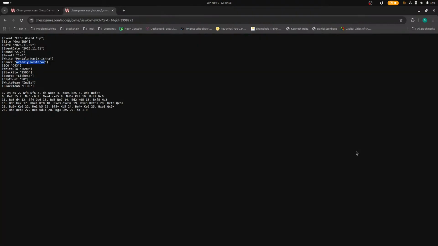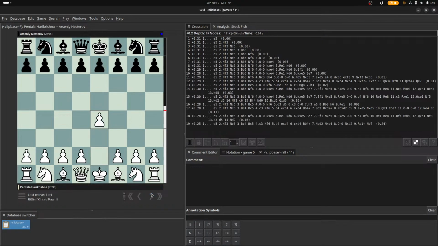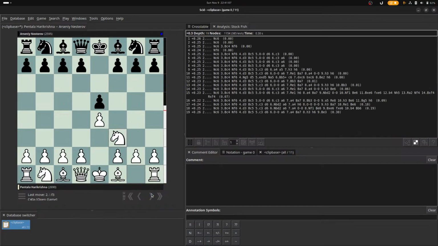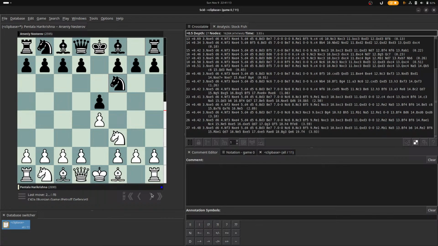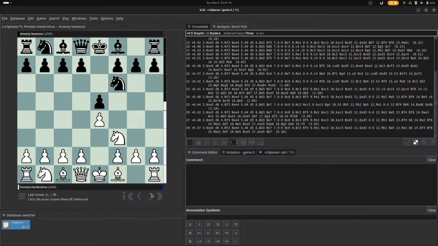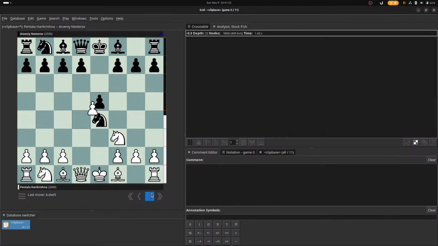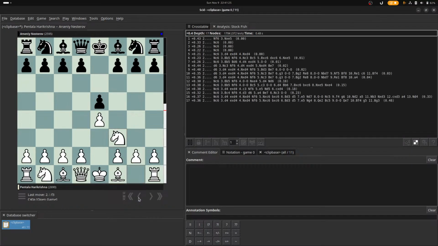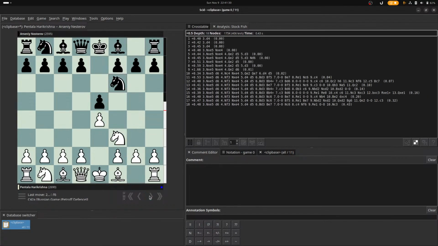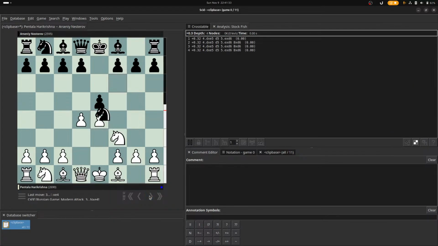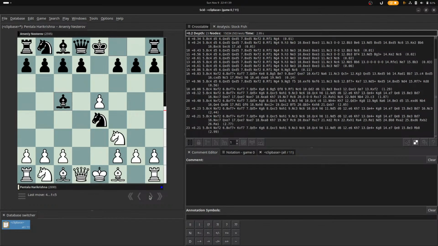Okay, let me just try to analyze the game. So the game starts with the king's pawn opening, e4, e5, knight f3, and then Russian plays the Russian game, the Petrov defense. So then striking the center. Okay, I'll just go and say the positions correctly. So the game starts with e4, e5, knight f3, knight f6, then striking the center with d4, knight takes e4, pawn takes e4, and then a bishop c5 move,